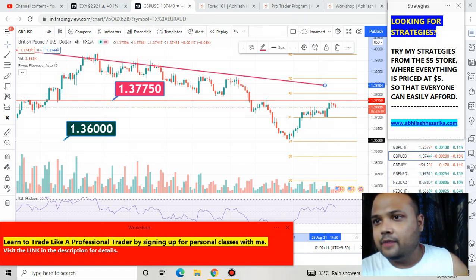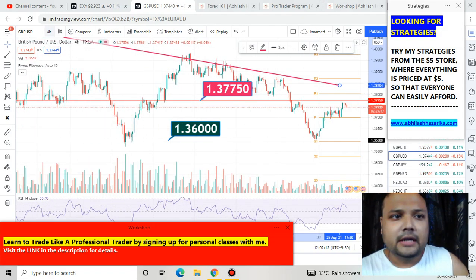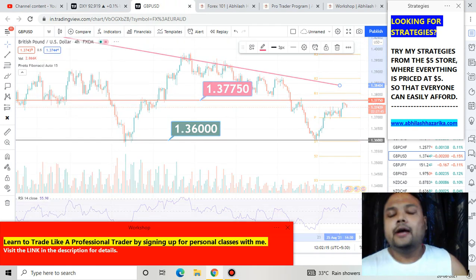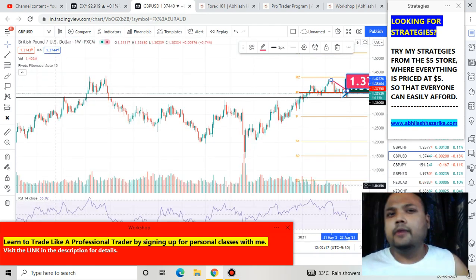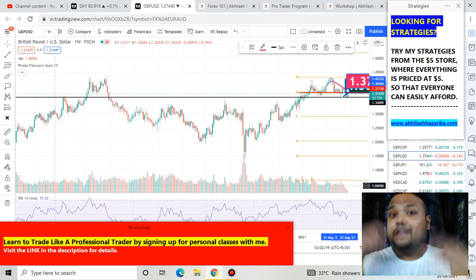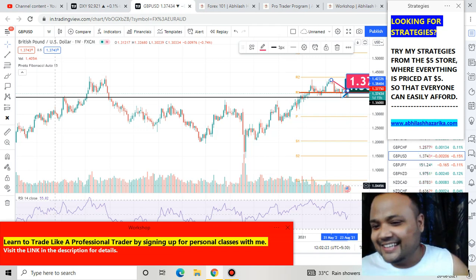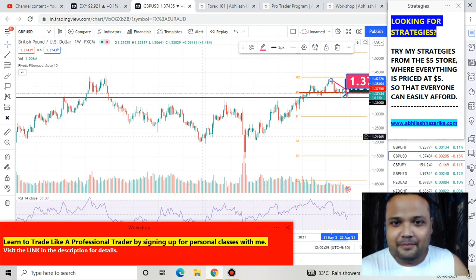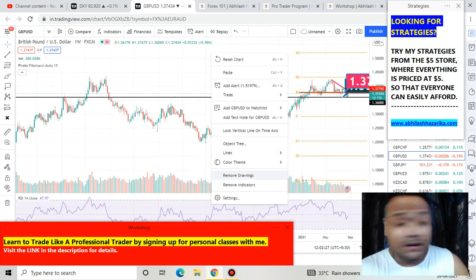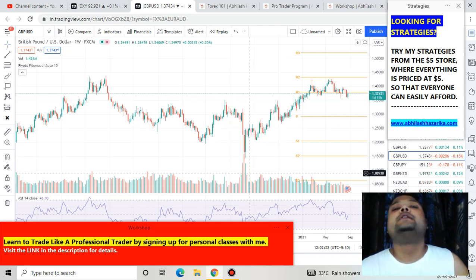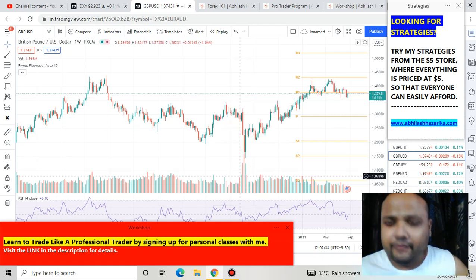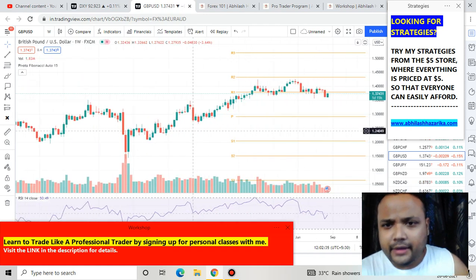1.3775 is important for the market because this is a level that belongs to the weekly chart. As we all know, the weekly chart is the time frame of the big players, the institutional traders, because the big players mainly or usually trade in higher time frames. Therefore, the support and resistance levels from the higher time frames are very, very important, and you can easily see